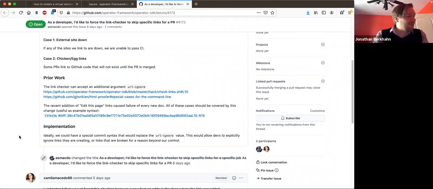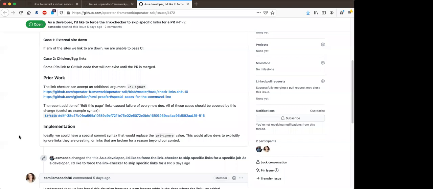Even if we had this capability, what would that look like? You're writing a new pull request that includes a self link. You say skip this link, and then what? After that pull request gets merged, you write another pull request that changes it back. Now, what I'm imagining, there is a URL ignore thing that we've added recently. What I'm thinking is we have something that looks in the commit message, and if there's some sort of special syntax in the commit message, it uses that for the URL ignore value, just to give the developers some single run control over the link checker.